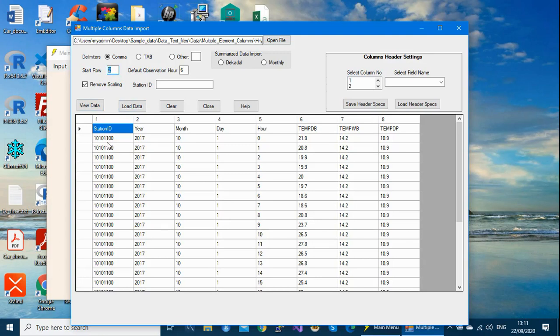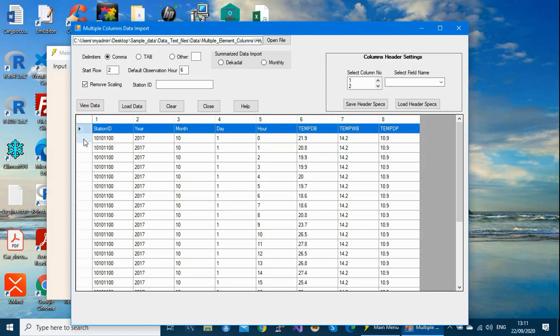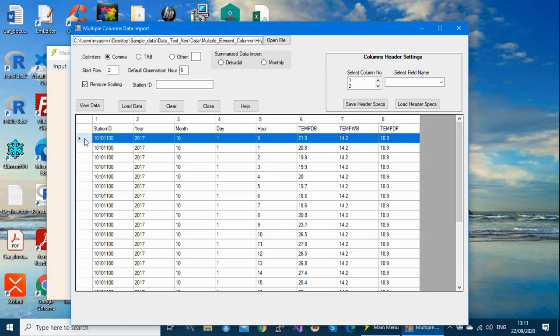But what this means is that this is where our data starts, at this row, because the first one is generated by the system. Our file starts at the header, and then the data starts at the second row. So this is row 1, row 2. That means the system will pick from this row, which is the second row. It will not pick the headers.